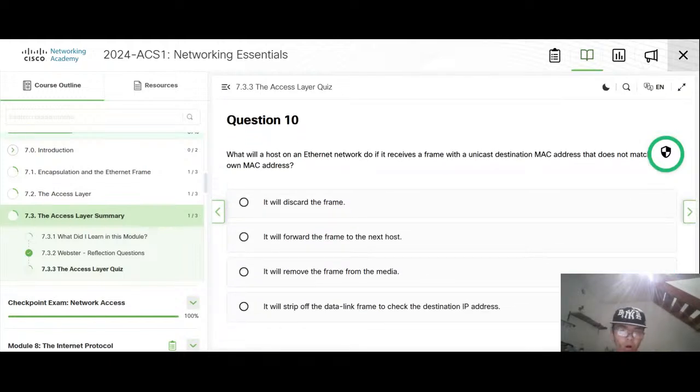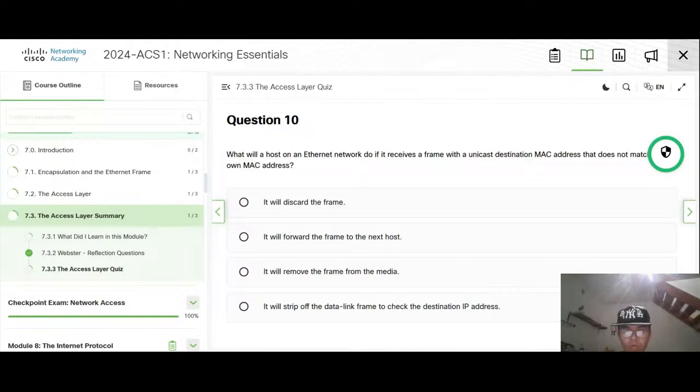What will a host on an Ethernet network do if it receives this? Unicast destination.